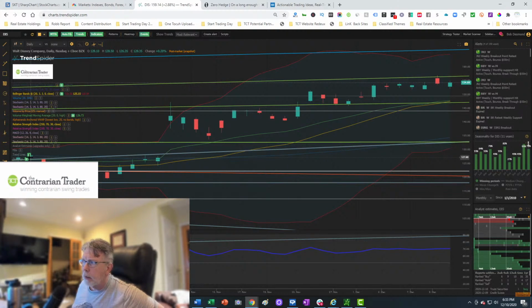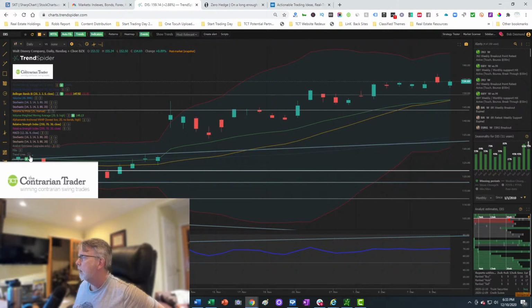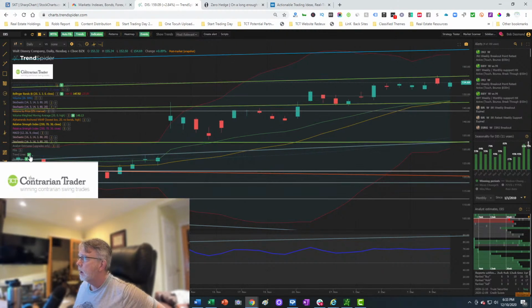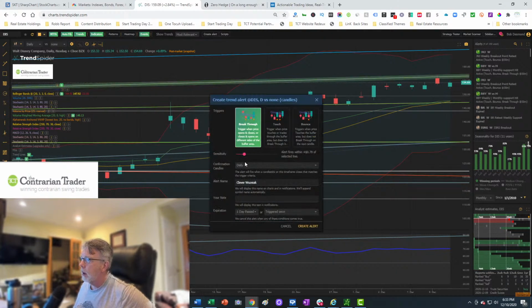Keep in mind, this is the power of automated trend lines. I take it for granted now. I hardly even talk about it. Click of a button, automated trend lines. So keep in mind you have resistance immediately above. If I was so inclined to buy the shares, I would do it two ways. One, on a breakout.